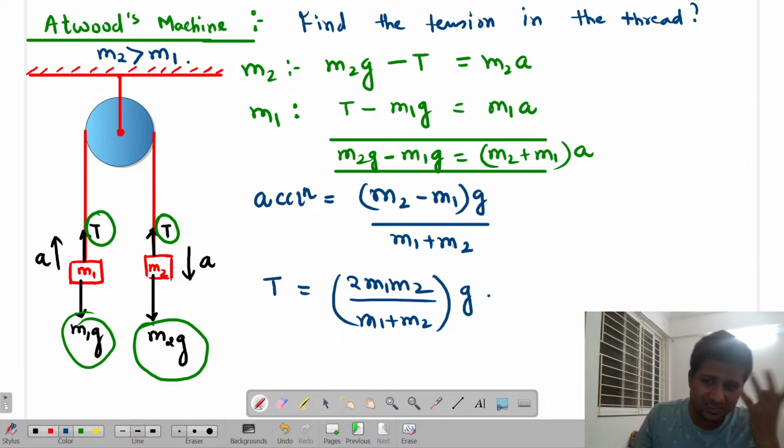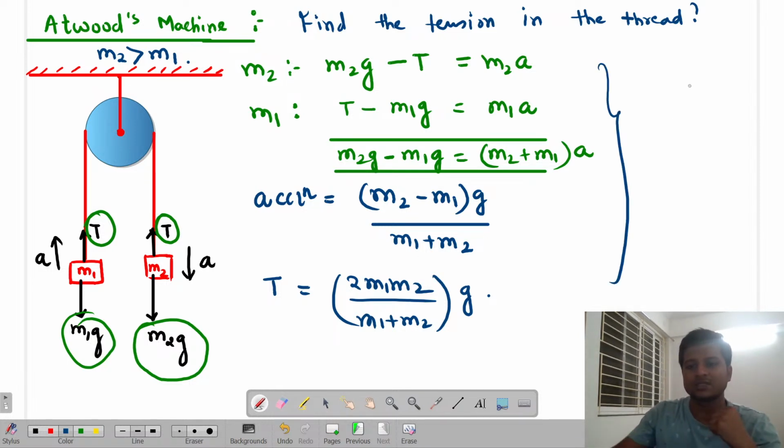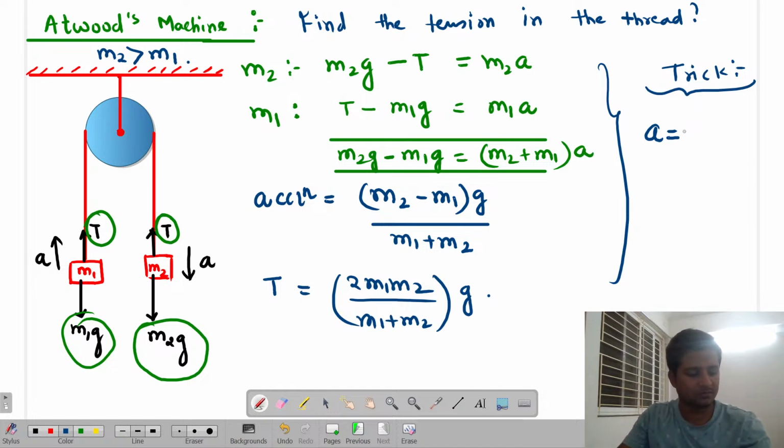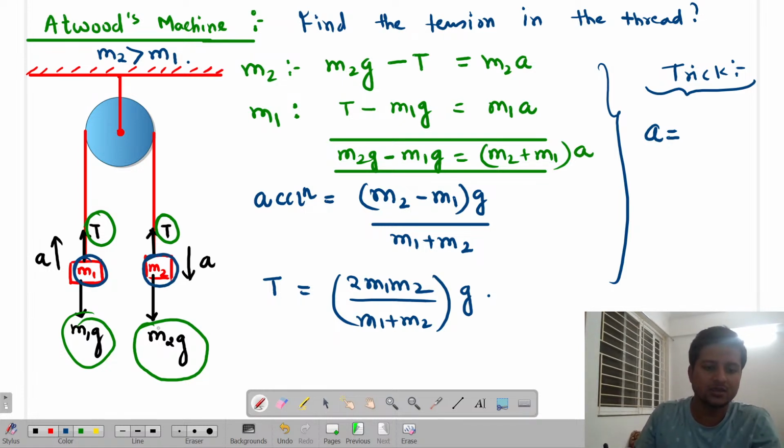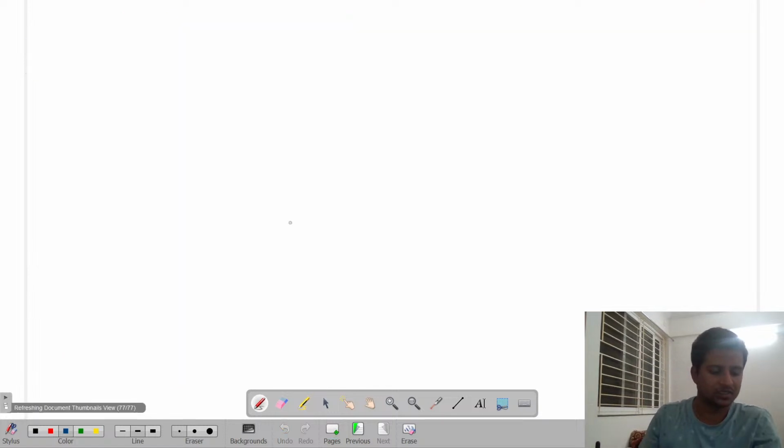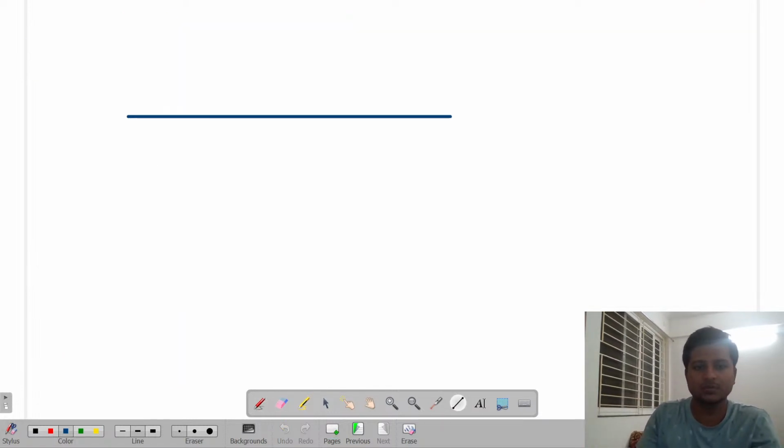So why think? Can we develop some trick regarding this? The answer is yes. What can be the trick? Basically, acceleration is the pulling force minus the opposing force divided by mass, isn't it? So look over here, the two systems are pulled by the same force M2g, and the tension will get cancelled. So which is our opposing force? M1g is my opposing force. See, let me just imagine one case that this system was brought into a horizontal plane.